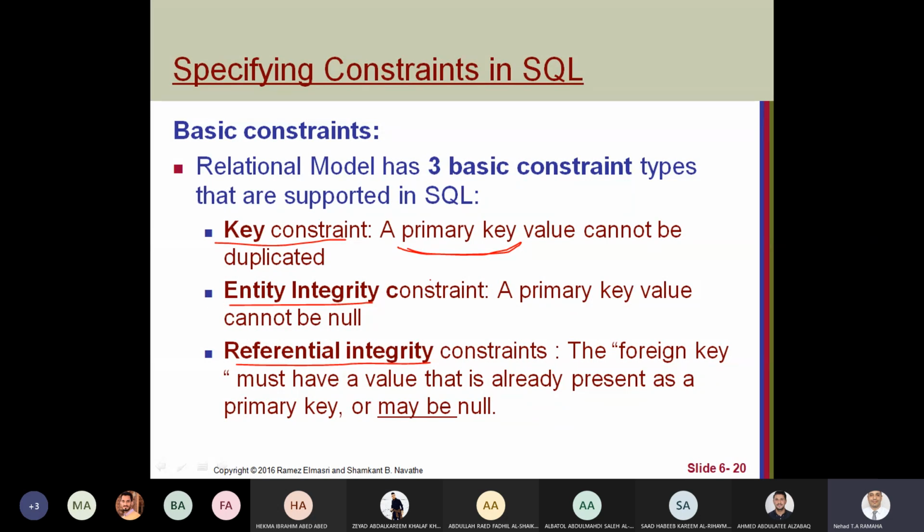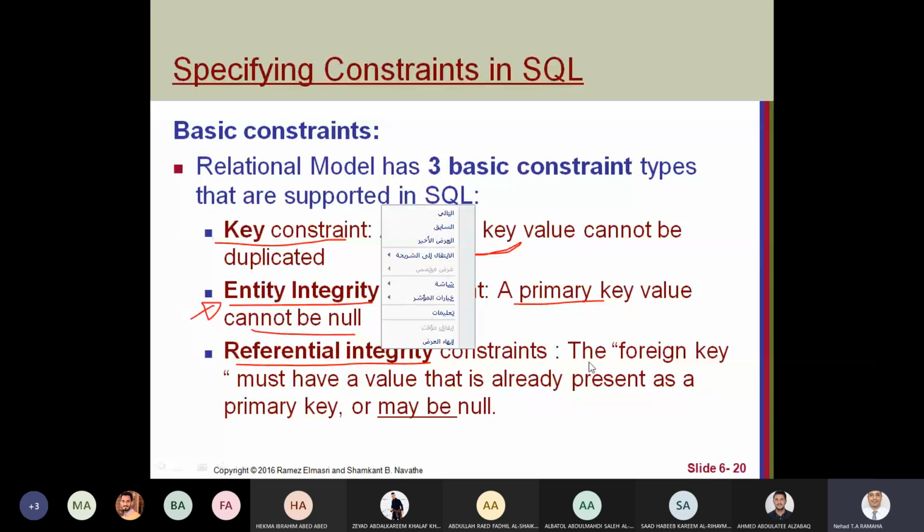When you define a key, it could not be null, so the DBMS should enforce the entity integrity constraint. Referential integrity constraint is the foreign key. Entity integrity means the primary key cannot be null. If you define any attribute as a primary key, the DBMS will not allow you to insert a null value.